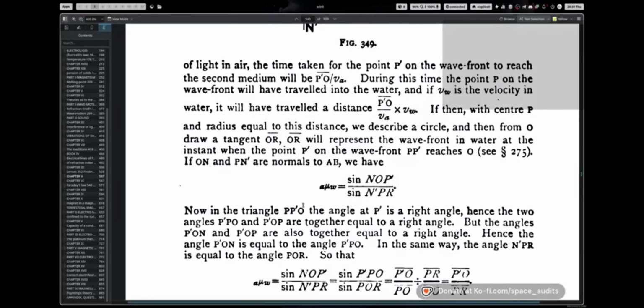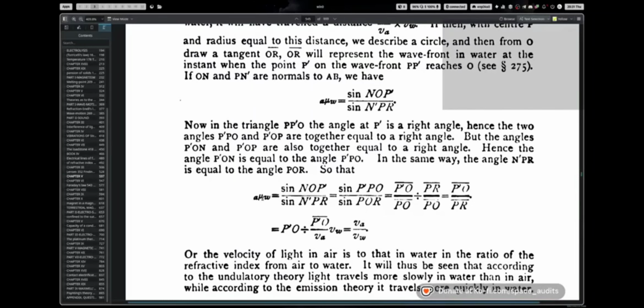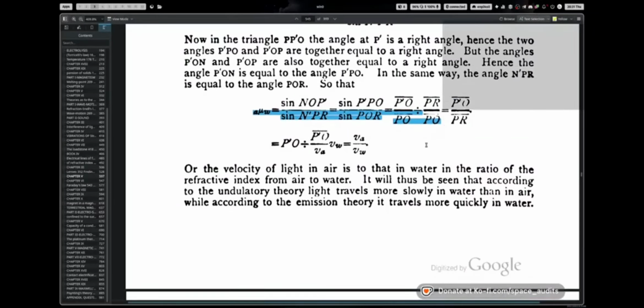Now the triangle P prime P O is right-angled at P prime. Hence the two angles P prime PO and P prime OP are together equal to a right angle. But the angles P prime ON and P prime OP are also together equal to a right angle. Hence the angle P prime ON is equal to the angle P prime PO. Ooh, there are a lot of P's and primes. In the same way the angle N prime PR is equal to the angle POR, so that the equation given here, which I will not read aloud, is equal to this smaller, reduced formalization of the same thing,